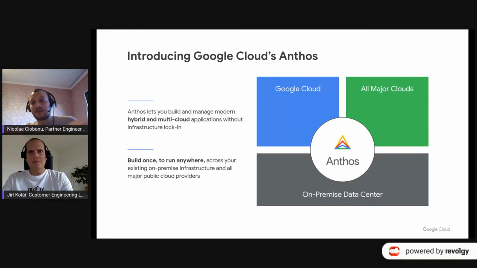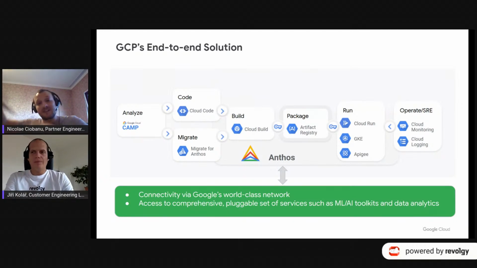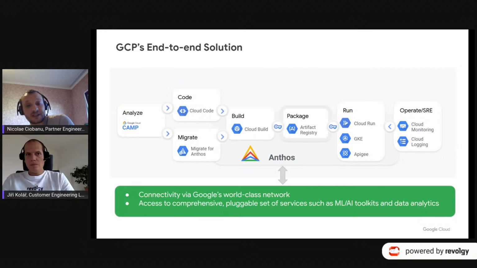So on the next slide, these are the three products that I mentioned, but GCP offers an end-to-end solution for application. If to talk about Kubernetes, an application creation as I started. So we offer an entire package and entire solution, end-to-end solution for the application modernization, starting with our CAMP, Cloud Application Modernization Program. It's an end-to-end program that used to assess customer workloads, and after that implement the program recommendations.